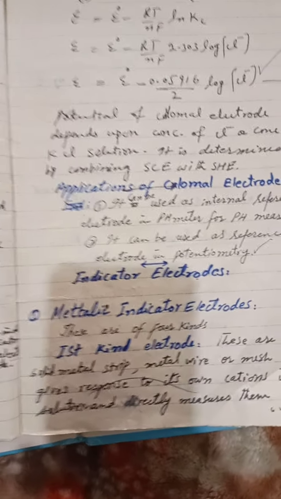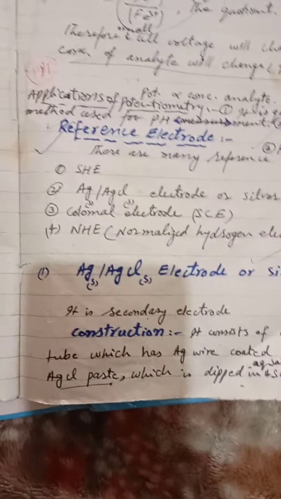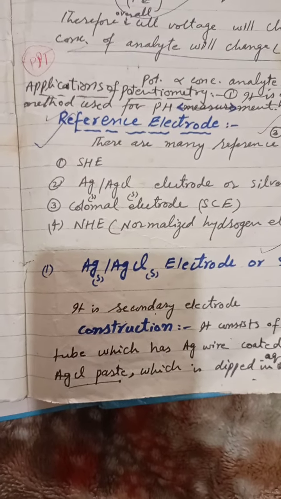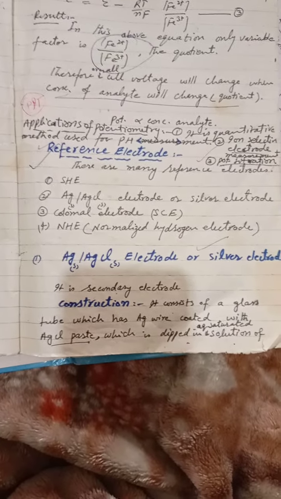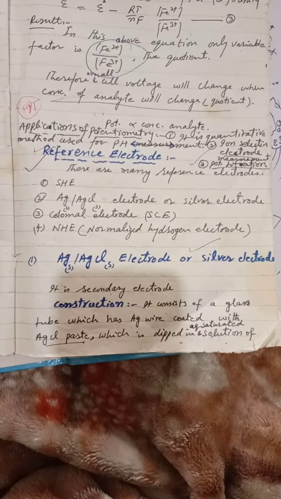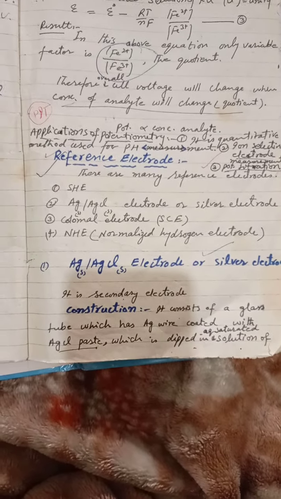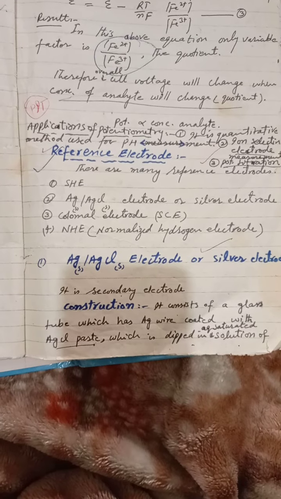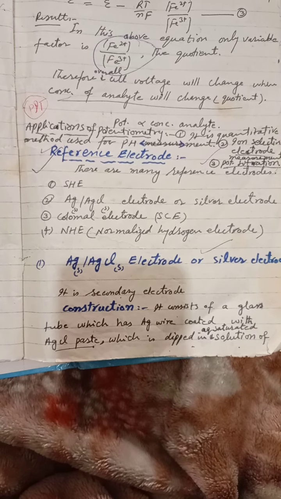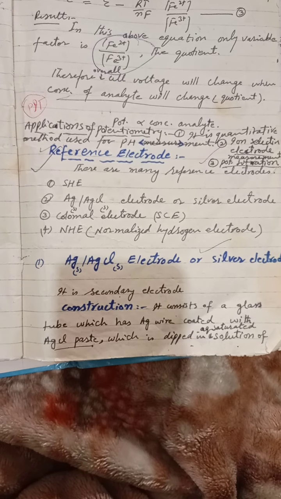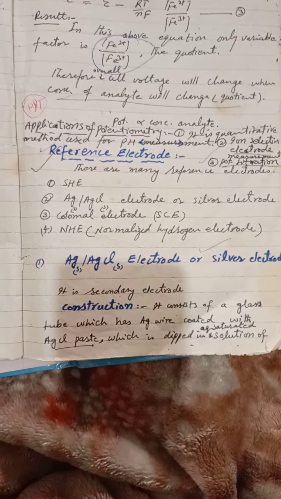We have studied the calomel electrode, and we have studied reference electrodes or standard hydrogen electrode. Standard hydrogen electrode you have already studied in the FSc classes, therefore I will not repeat it. Basically, the standard hydrogen electrode consists of a platinum hollow tube which is coated with black platinum powder. It is dipped in 1 molar solution of HCl and H2 gas is bubbled through it.